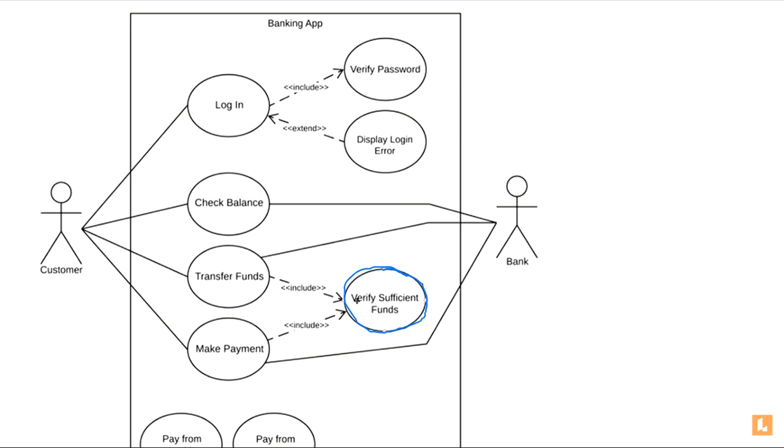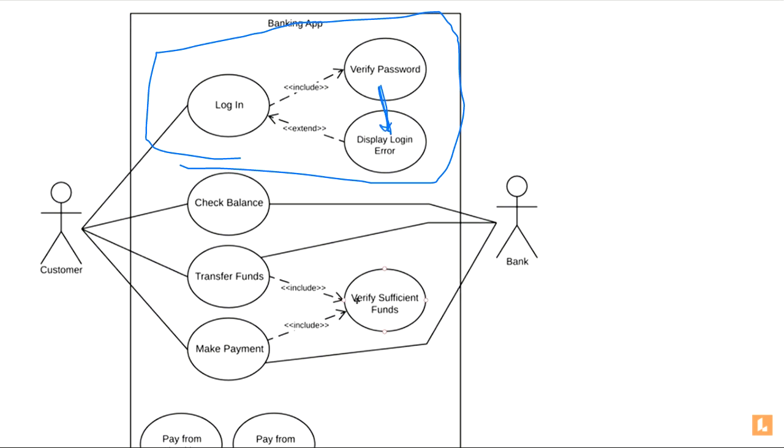And sir, should there not be an association between verify password and display login error? Yeah, here also you can say that there is an exclude coming here. But see, what purpose will it solve, Kshitij? Now the same thing comes. Will it solve any other purpose? With the information you are giving to the system with these use cases, will connecting these two use cases show some extra information? No. Then why complicate the system, right?